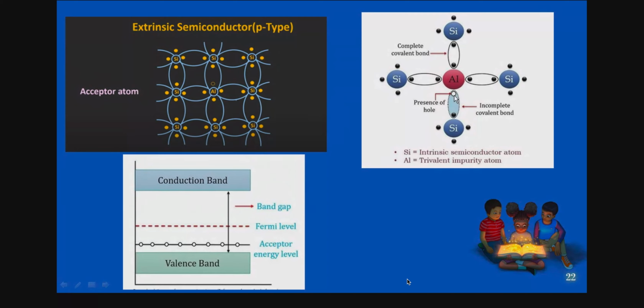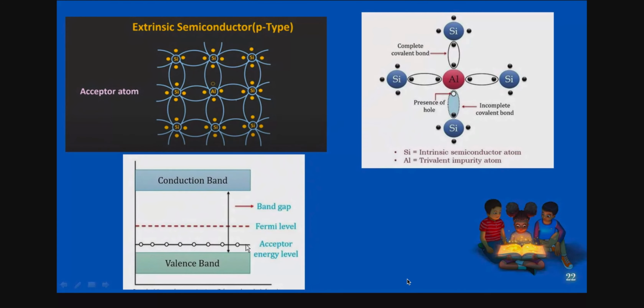There is no breakage of bond here, and you are not applying any energy. It is considered at 0 Kelvin, so it behaves like this. These holes, that is, vacancies, first occupy the acceptor level. First, this acceptor level is completely filled with holes. Why? Because in a p-type semiconductor the majority carriers are holes, and there is always a deficiency of electrons. So these vacancies first fill the acceptor energy level.